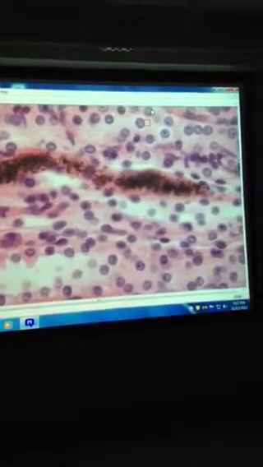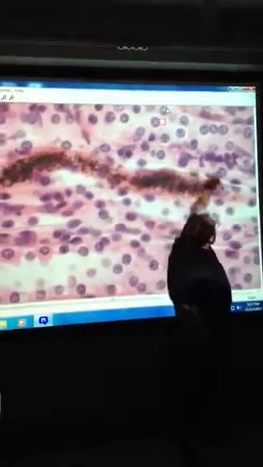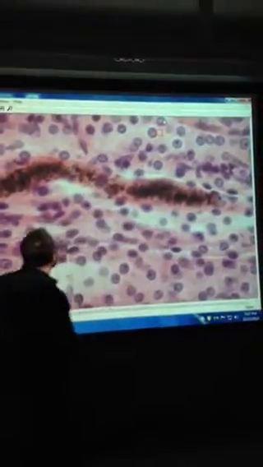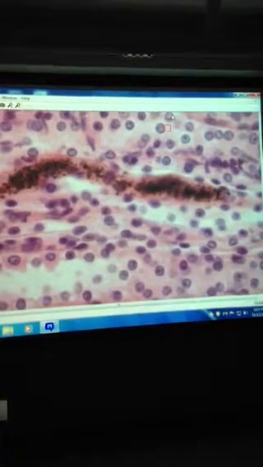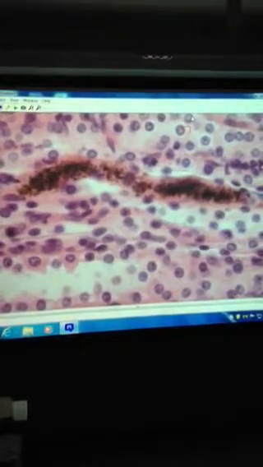And we can see a few flat nuclei. So we have some nephron loops here somewhere. I just can't see them. I've been looking for them this last 5 minutes or so. Oh, those are even better. Okay. This